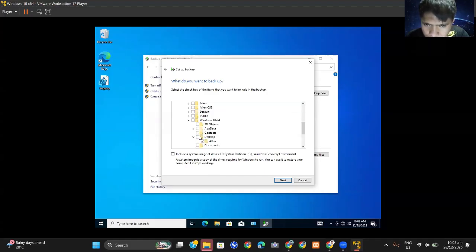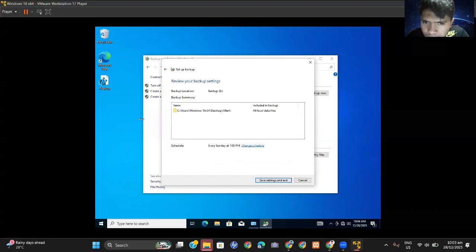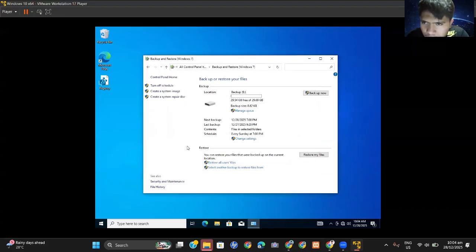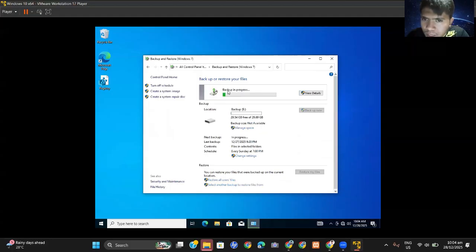As you can see, let's search for our client in here. So let's go to Allen. Then as you can see, it reviews the summary, then save settings and exit. Then perform the backup now by clicking the Back up now button. As you can see, the backup is in progress.